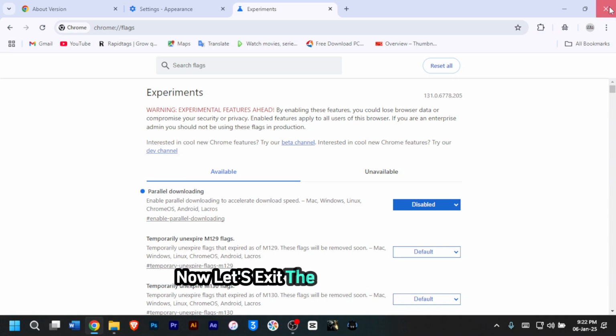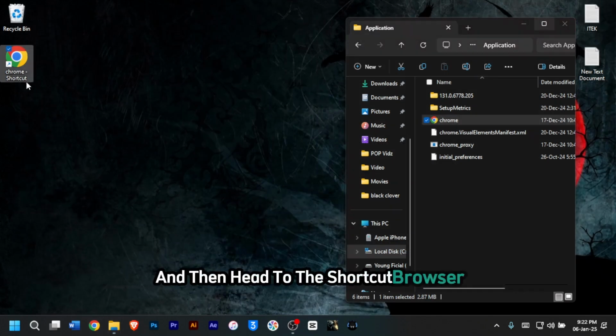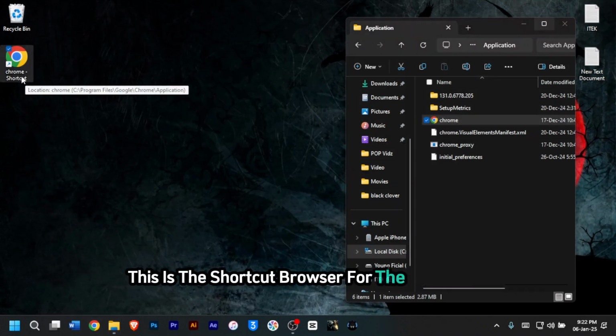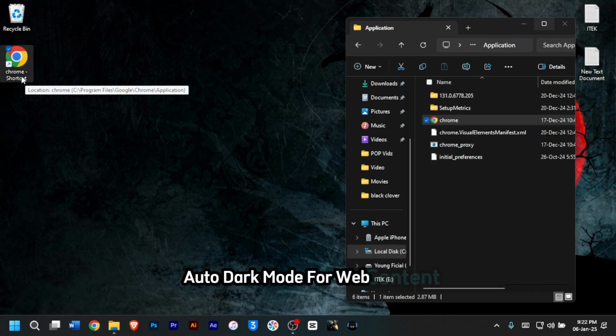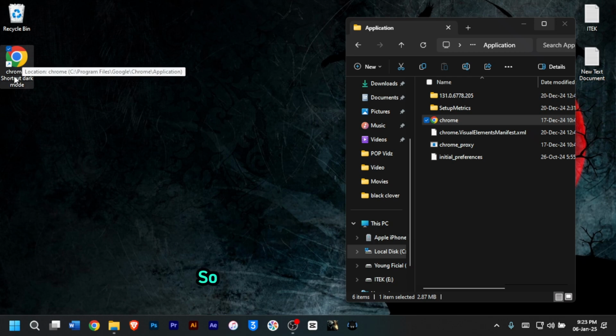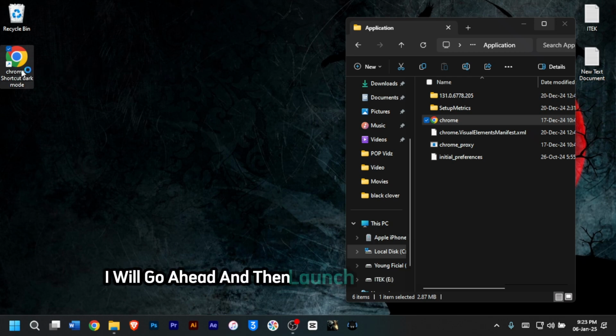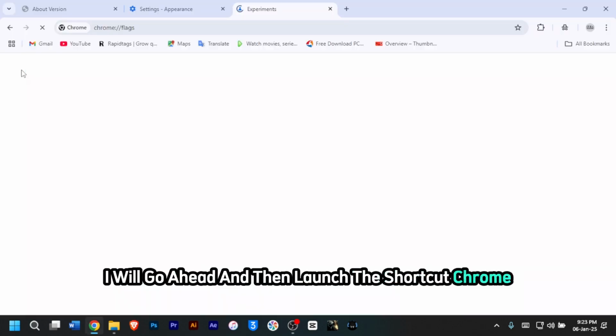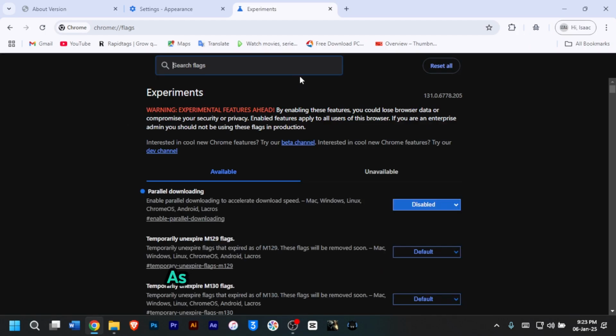Now let's exit the default browser and head to the shortcut browser. This is the shortcut browser for the auto dark mode for web content. So I'll just rename it dark mode. Once I'm done renaming it, I'll go ahead and launch the shortcut Chrome with the dark mode feature. As you can see, it is set to dark mode due to the command line I used in the properties